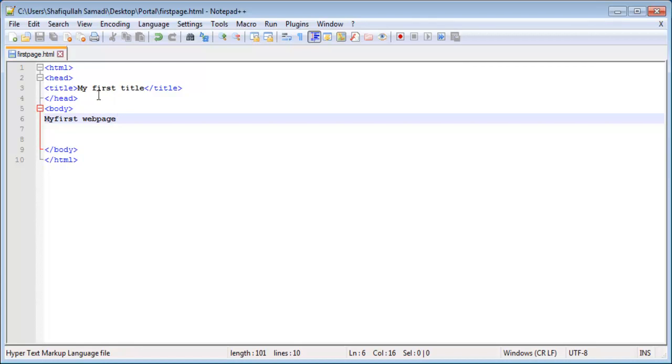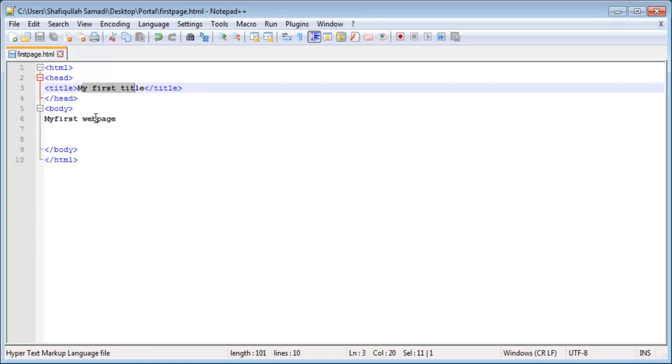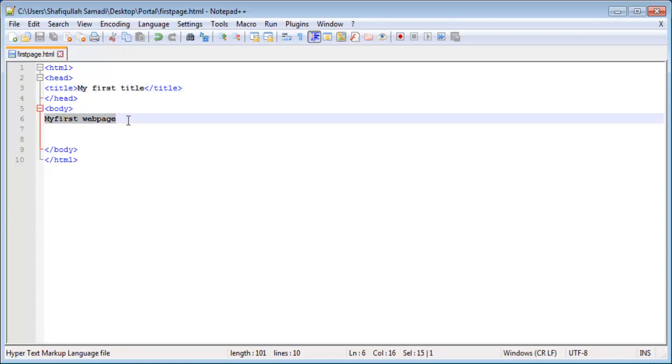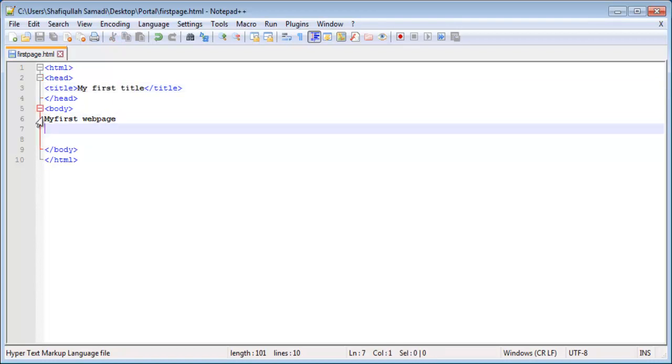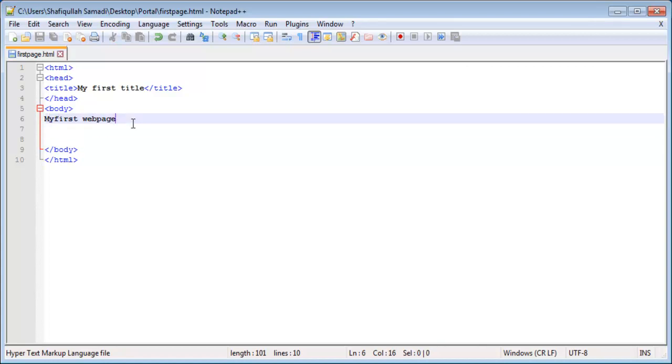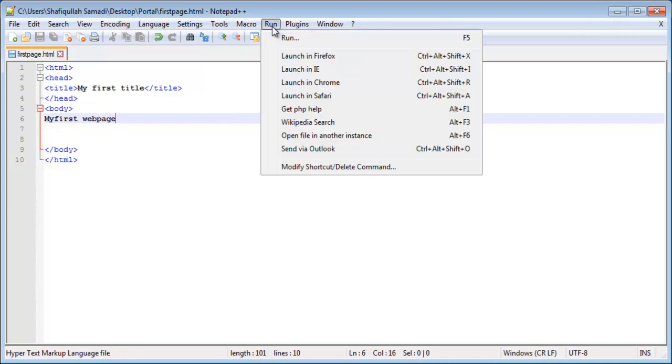So we have the content for a title, which is my first title. Then we have the body with some other content, which is my first web page. So let's see how it works in a browser. Now we have two ways to open it in a browser. You can run it in Notepad++. You have the run icon here, and you can launch in Chrome or Internet Explorer,